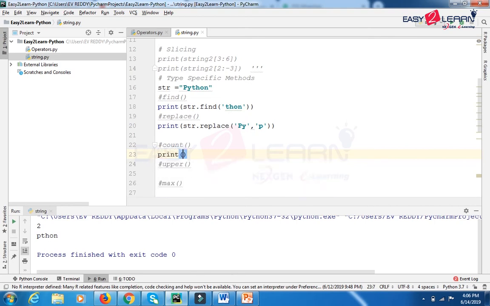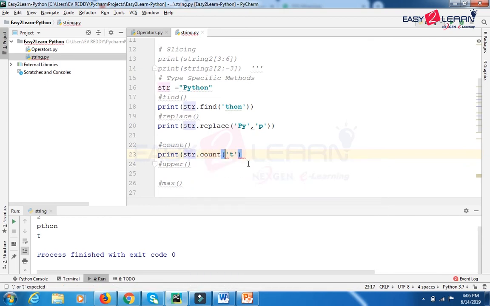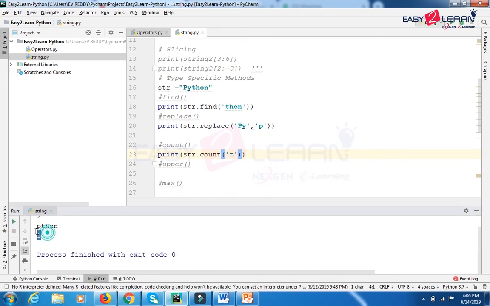Now we are going to calculate the count. So here we are using print, and we need to use str.count of, yeah, just run this. We need to specify the character as an argument. You can specify the starting position and ending position, 0 and 5. So with this starting to ending range, it shows how many times this particular specified character is available.